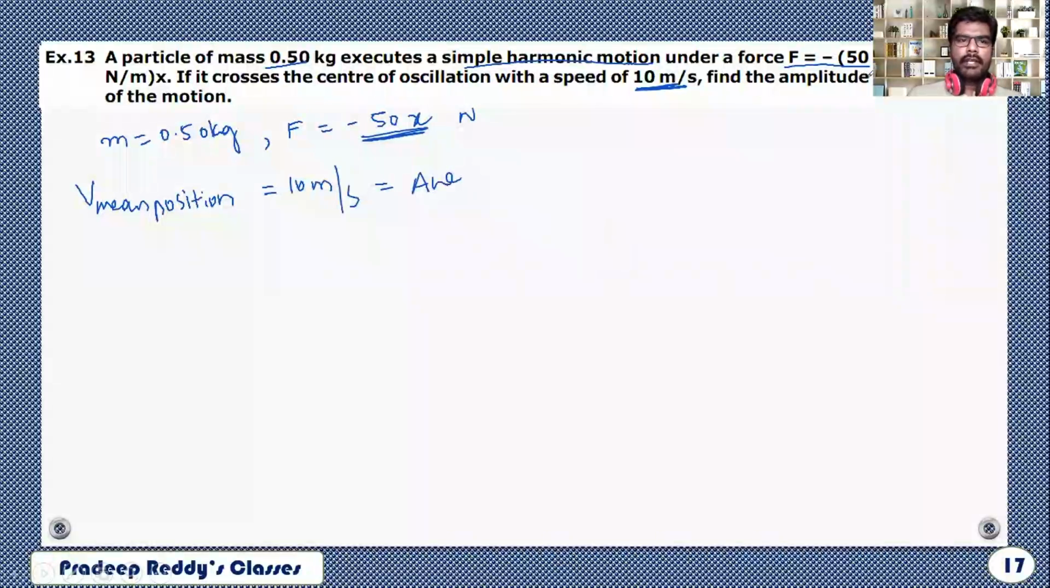You are now supposed to find out the amplitude of the motion. Take this as equation number 1 and this as equation number 2. In order to find out the amplitude, you should know this omega, so I should calculate this omega. So what I do, from equation 1,